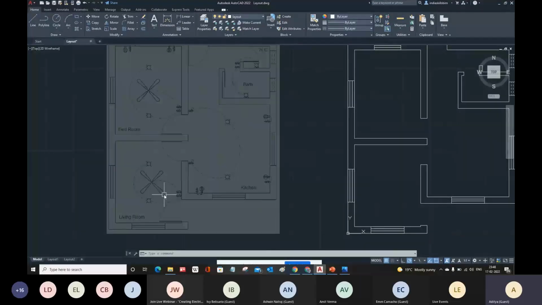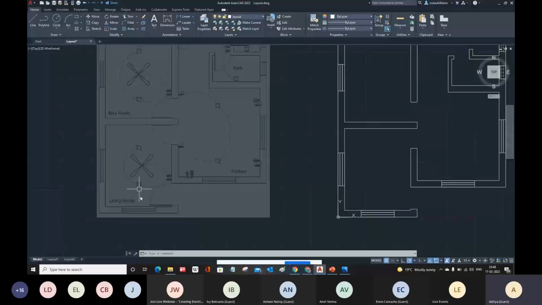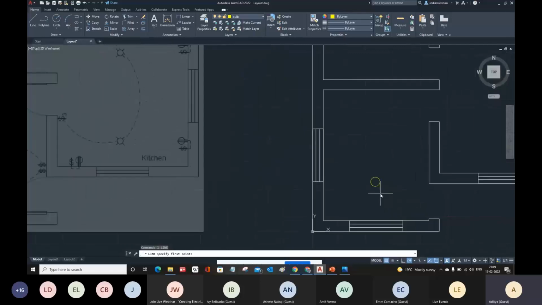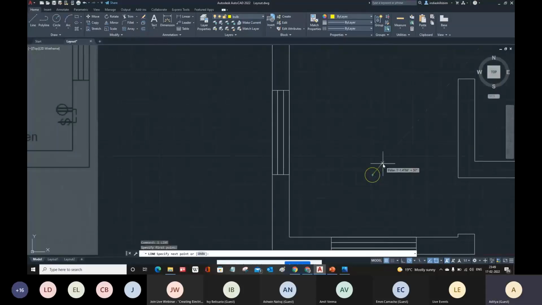So let us start. First of all, let me activate the layer for this bulb. So here from our ribbon, you can click on the drop down, and once you click on the drop down, you will find a layer drop down where we have the bulb. Choose bulb. Now start. So I can create a circle here. I'm just using a random one, something like this. And you can see there are a few lines as well. So I can simply create a line here from center point at an angle of 45 degrees.